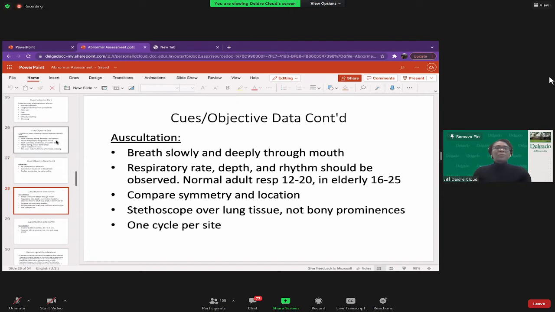So yes, we'll do inspection and auscultation. We talked a lot about auscultation already. One cycle per site. Do you want an inhalation and an exhalation every time you move that stethoscope? And you know the normal adult respirations, and it's not 16. Some nurses put 16 for everybody, but make sure you're counting those respirations because in some instances you're checking for